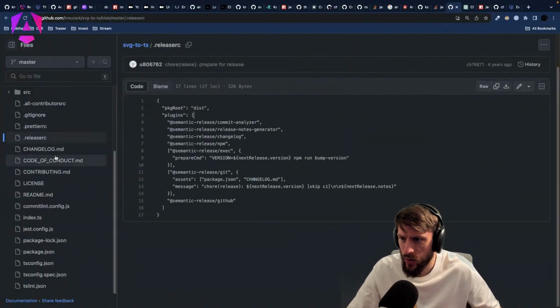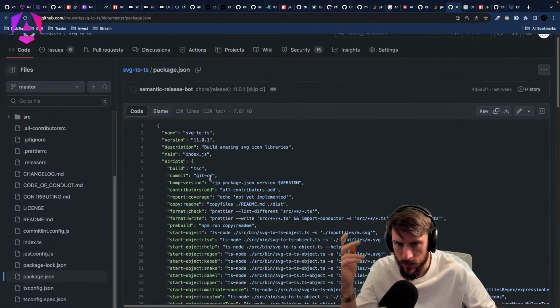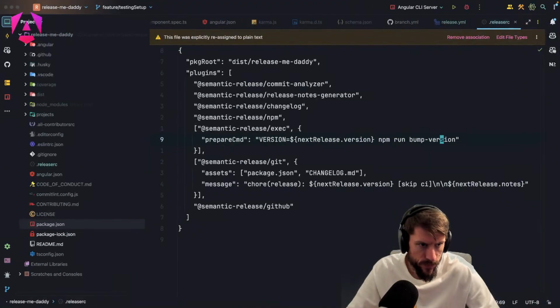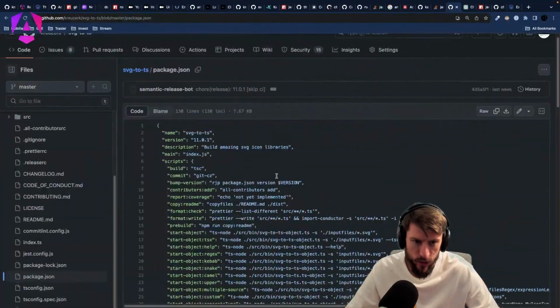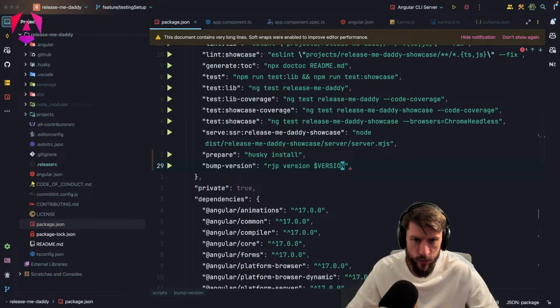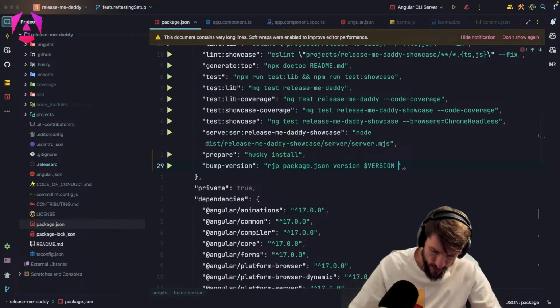So I guess it's $version, but let me quickly check that. $version, but we still have to give it the file, right? Which file it has to replace it. So we have to say, please replace inside the package JSON, and please,